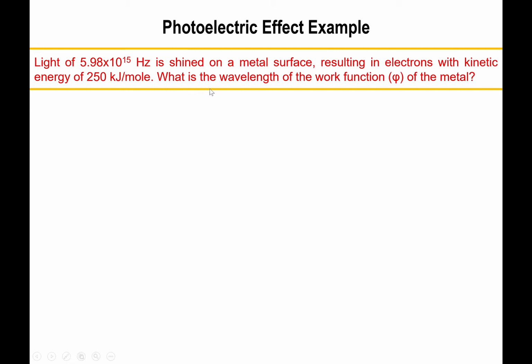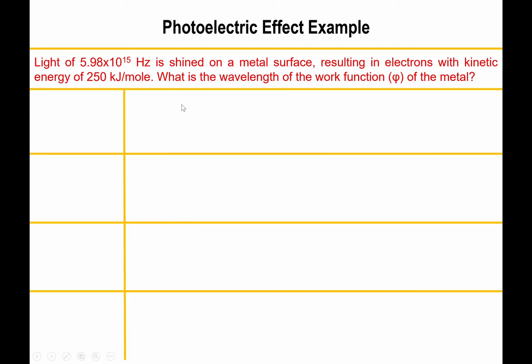So for this particular problem, you will have to first find out the energies of light and of the electron in terms of joules per photon. And from there, we'll go ultimately to wavelength. Alright, so in order to do this, I'm going to subdivide the screen to these 8 different cells. Here on the left, I'm going to show the equations that we need to use, and over here, I'll perform